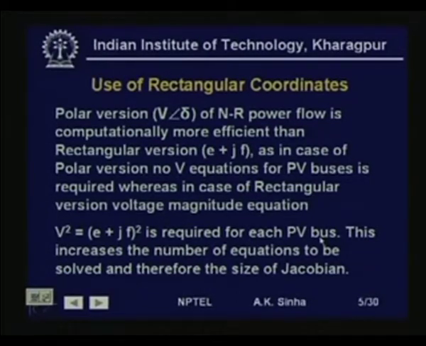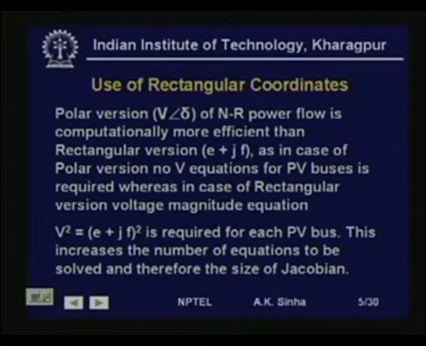That is, in case of the polar version, when we are formulating the Newton-Raphson algorithm, the voltage magnitudes at the PV buses are already known, so we do not need to find those values, and therefore those equations are not required and not formulated in the polar coordinate version of the Newton-Raphson power flow algorithm. But if we use the rectangular version, that is, if we write the voltage phasor as E plus jF, then since we know the voltage magnitude at PV buses, we will have to write an equation for this as V square is equal to E plus jF whole square. So this equation has to be included in the rectangular coordinate version of the Newton-Raphson load flow for each